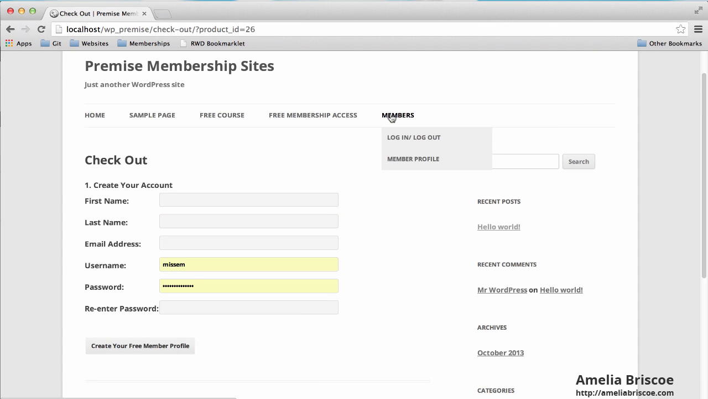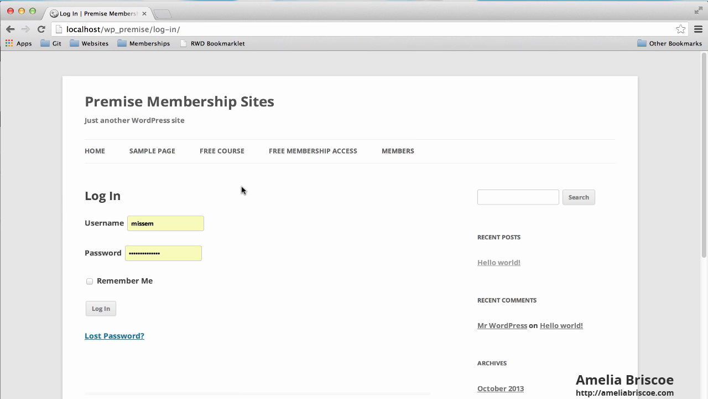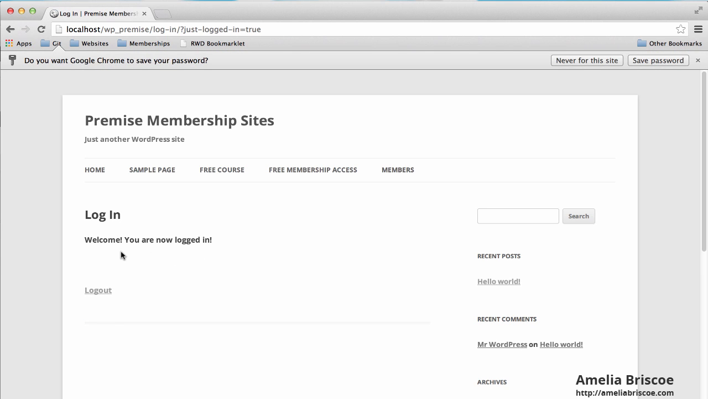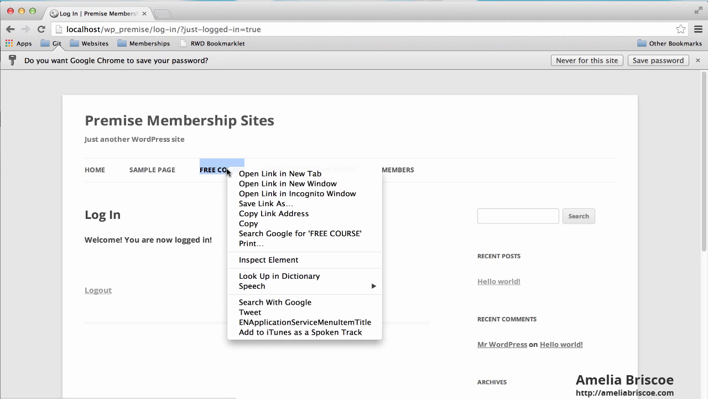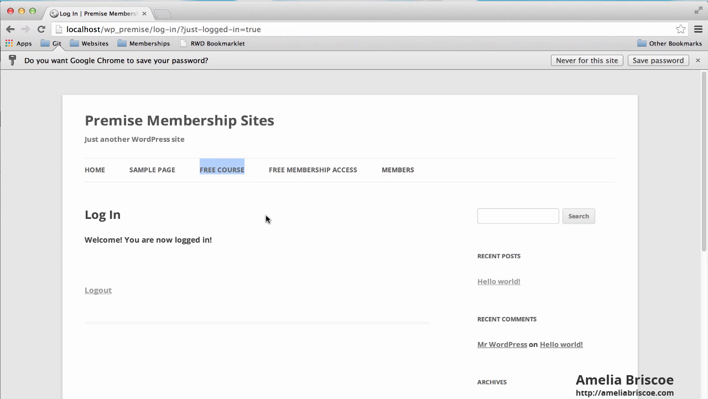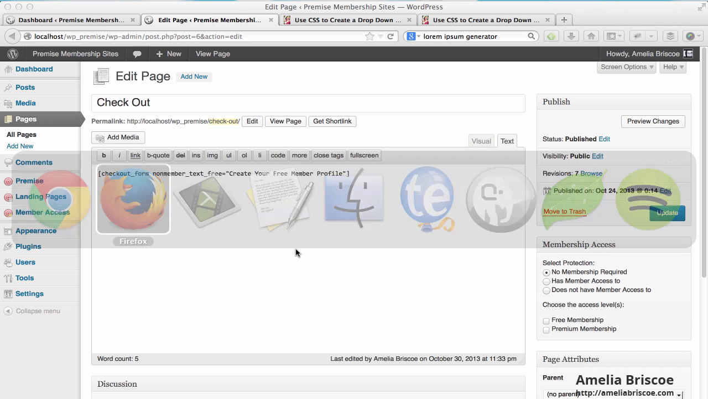The next thing I want to do, or the last thing I want to do within this series, is customize this login logout process. The first thing I'm going to do is, if someone's logged in, we can add a welcome message. So I'm just going to log in now. And you'll see that it's just saying, welcome, you're now logged in. What I might want to do is say, welcome back. Click here to go to your member profile, or click here to go to this free course. I'm just going to grab this link, and I'm now going to go back into the admin